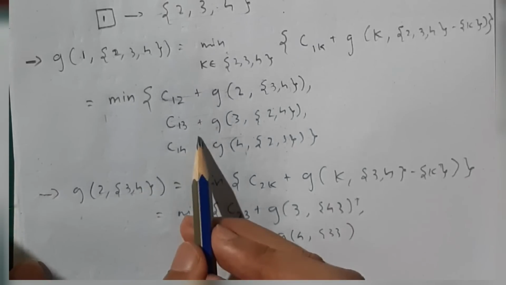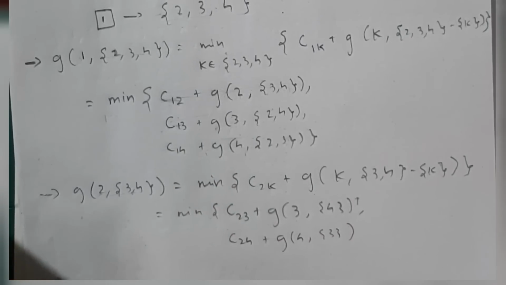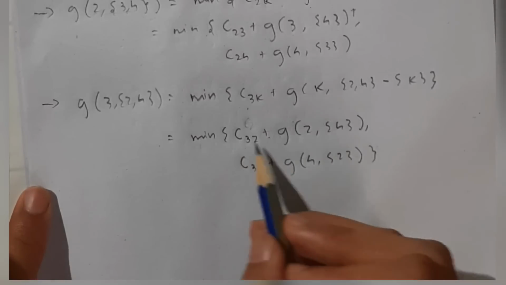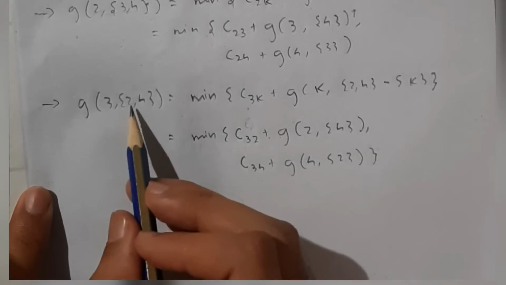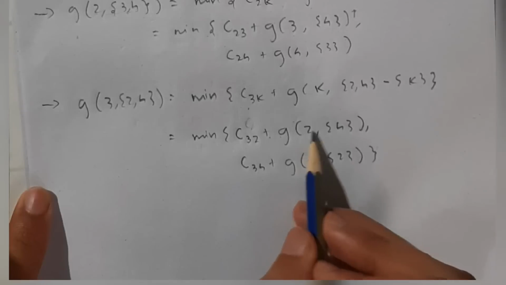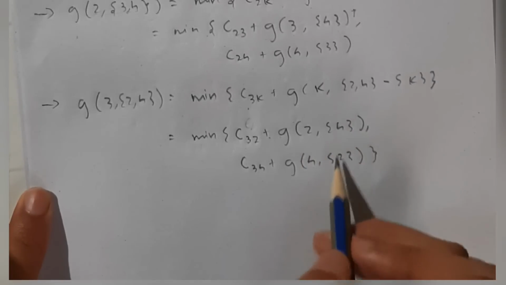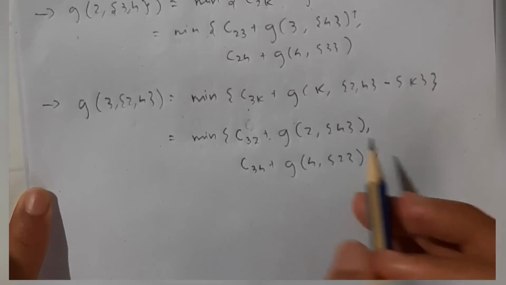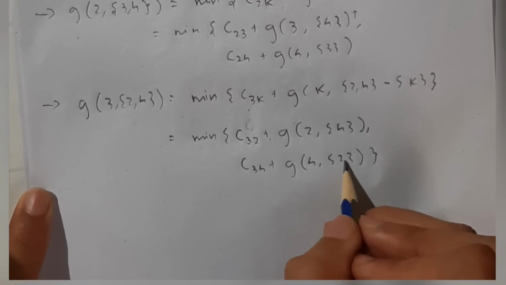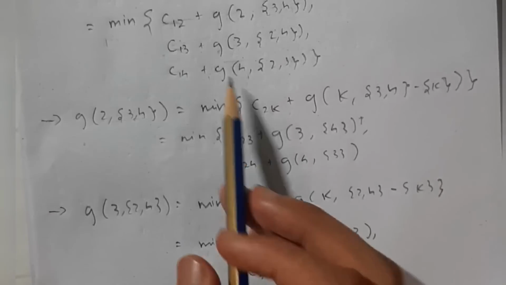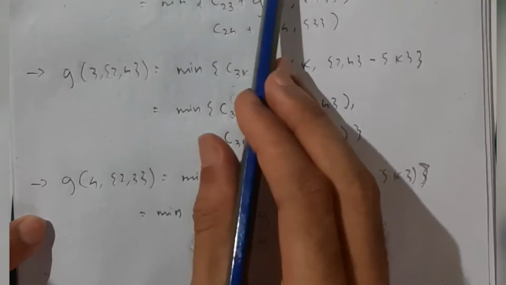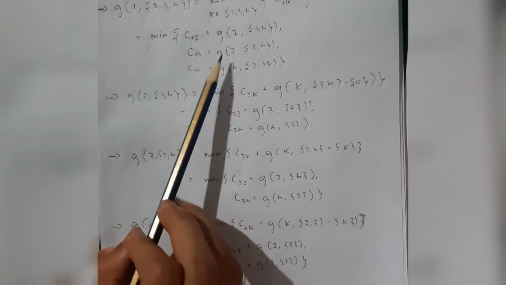Similarly, I'll write the value for this one also. I've used the formula and written the values for this set. I have two possibilities for k, 2 and 4. So I took 2 and removed 2 from here, I'll be remaining with 4. And in the second case, I have removed 4 by choosing 4 as k, and I'll be remaining with 2 here. Now for the third one also, I'll write in the same way. For this one, I've written the third formula here. For this one, the expansion is this one. Okay, now we have completed these three.